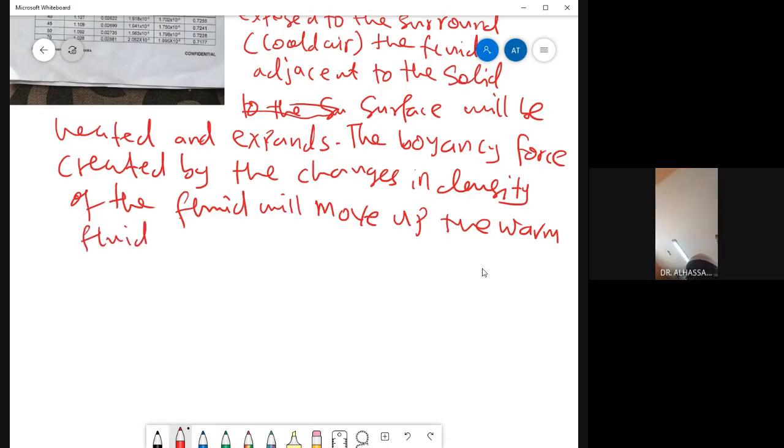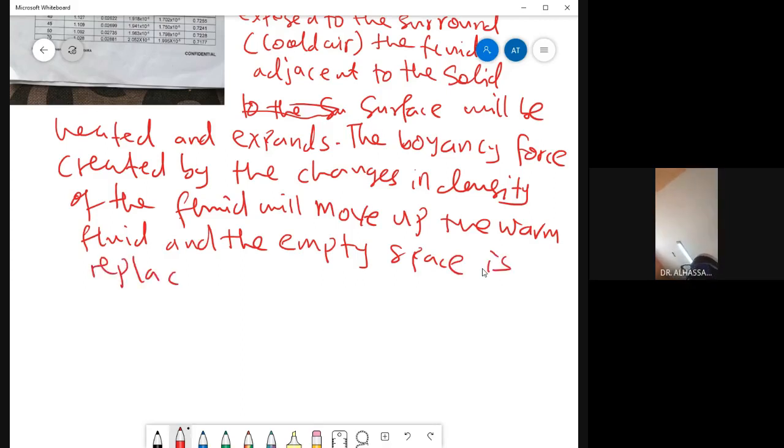And then the vacant space is replaced by cold fluid. And the empty space is replaced by cooler fluid. So the motion of this fluid that results from continual replacement of the hot fluids by the cold fluid is called natural convection. So eventually we say that the motion,